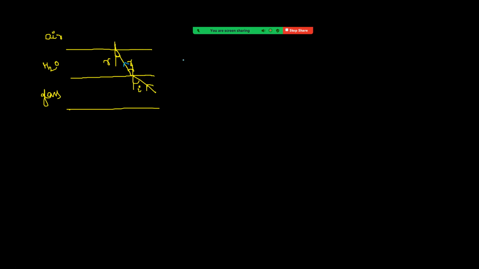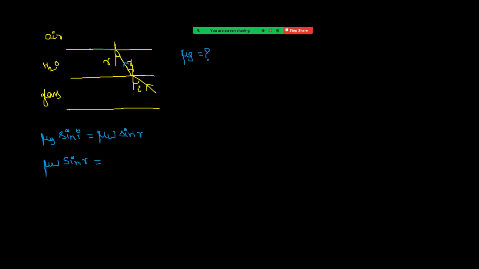See how to find it. Let us take Snell's law for the glass and water boundary. So mu of glass sin I is equal to mu of water sin R. Next, if you take the water and air boundary, this is now the angle of incidence, that is R. That means mu of water sin R is equal to, now the condition is given that the light ray is